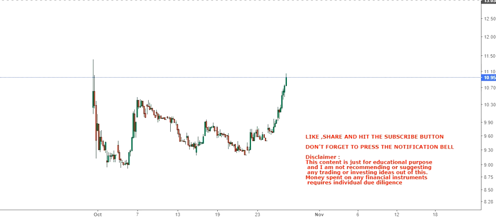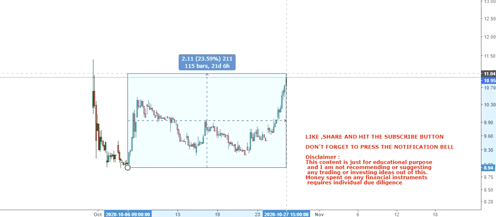Friends, in this video we are going to discuss Palantir Technologies, and this is a short-term chart for that. As you can see, because of the data limitation, we have only a couple of weeks of data, and we are looking at a short-term chart of that. But it's interesting how this stock has moved in the past couple of trading sessions.